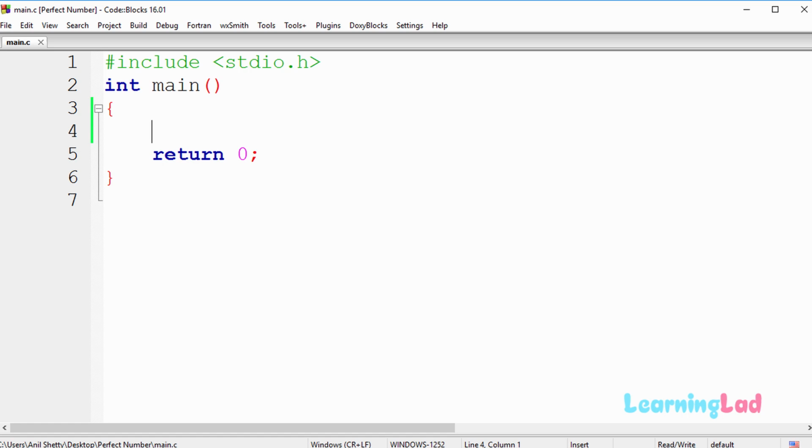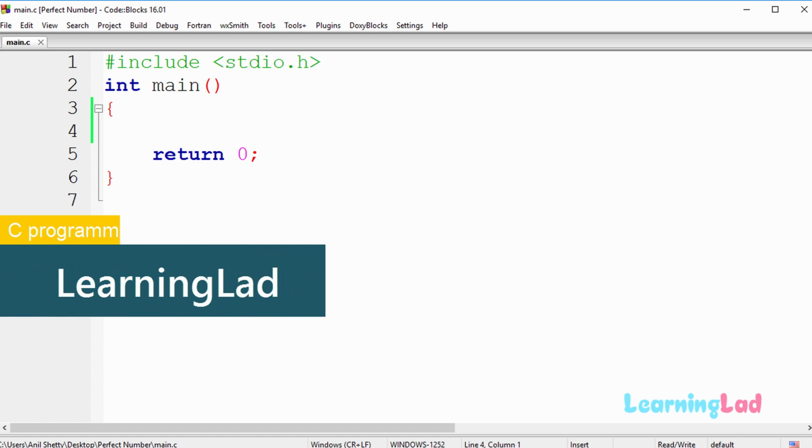We can ask the user to enter a number, and then we're gonna check and display whether the entered number was a perfect number or not. And in the end, I'm also gonna show you guys how you can modify this program and produce the perfect numbers from a particular range. For example, you can list the perfect numbers from 1 to 100 or 1 to 1000. So we're gonna see all these things in this tutorial, and first we're gonna get started with what is a